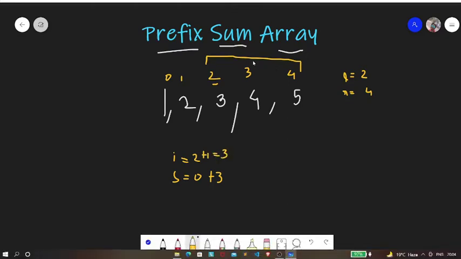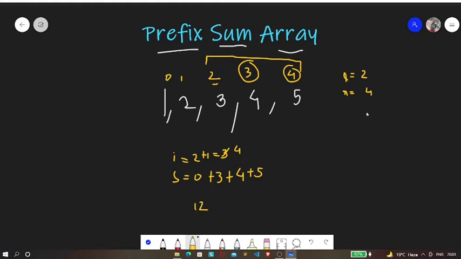So now I will be pointing to index 3. Again we are going to add 4 to it. Again we are going to increment I by 1, and hence it will be 4. Now it will be pointing to index 4, and we are going to add 5 to it, and thus we will get our answer. Now what's our answer? Our answer is nothing but 12, and hence we are going to get 12 as the answer.